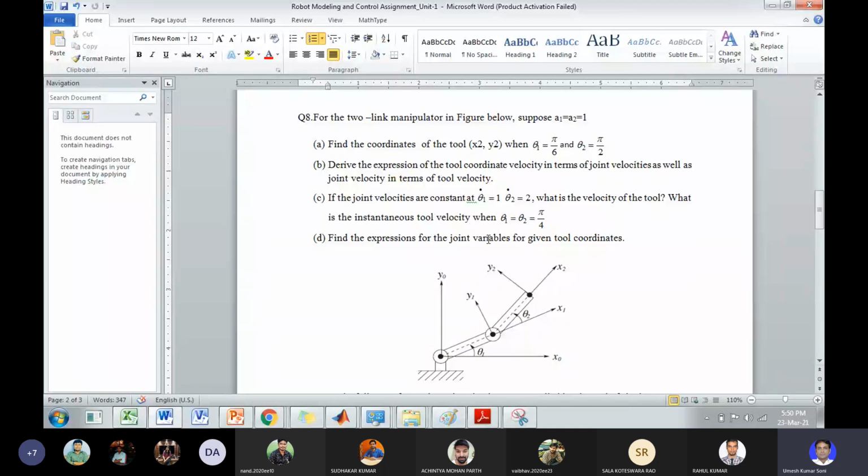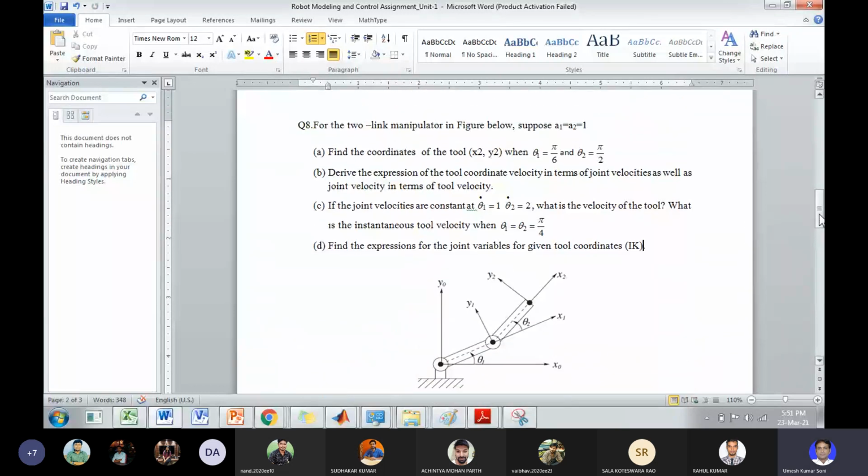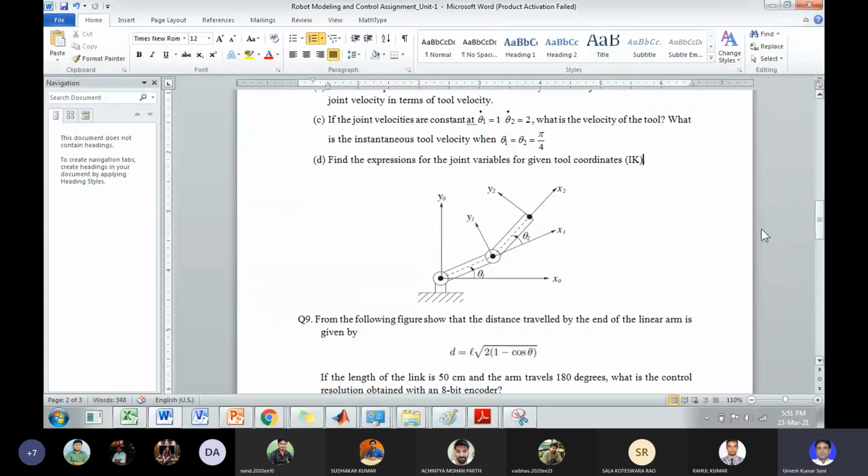Find the expression for joint variables for given tool coordinates. तो इसमें θ1 θ2 इन टर्म्स ऑफ एक्स वाई निकालना है। ये इनवर्स काइनेमेटिक्स का प्रॉब्लम है। ठीक है, अभी असाइनमेंट के टाइम में तो सब इंडिकेट है, एग्जाम में हम आई के थोड़ी ना लिखेंगे इसमें। तो ये इनवर्स काइनेमेटिक है। जब भी हम ज्वाइंट वेरिएबल निकालते हैं अकॉर्डिंग टू द गिवन टूल कोऑर्डिनेट्स, सो दिस इज द इनवर्स काइनेमेटिक। अकॉर्डिंग टू द गिवन ज्वाइंट वेरिएबल व्हाट शुड बी द टूल कोऑर्डिनेट, दिस इज द डायरेक्ट काइनेमेटिक। ओके, तो इसमें you have to simply determine using these equations.